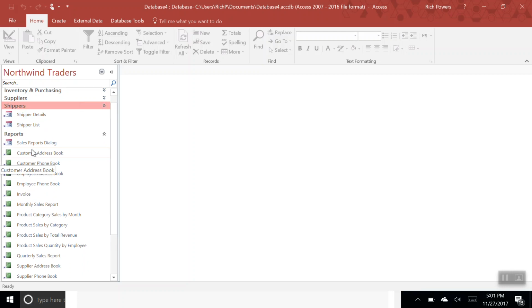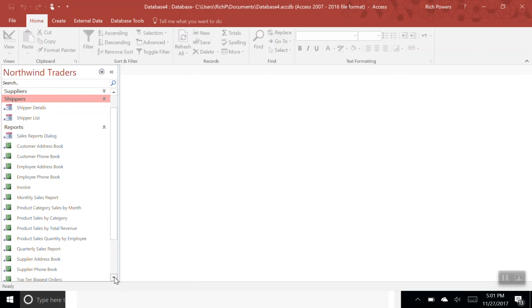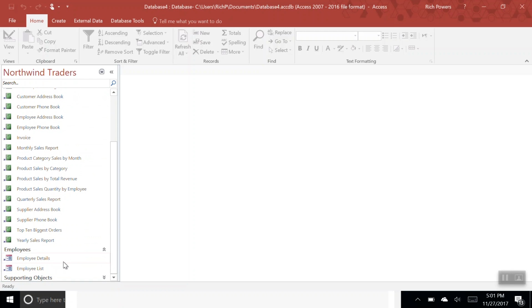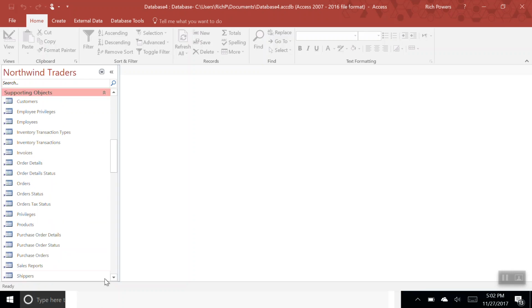All right, and some of these things are reports, some of these things are forms, there are different bits of information out here. The one we see here that has the icon down here is a table. One of the important things we're going to be looking at is the tables. And to get to the tables, you look under supporting objects. So these are all of the tables that make up the application. If you double click on them,